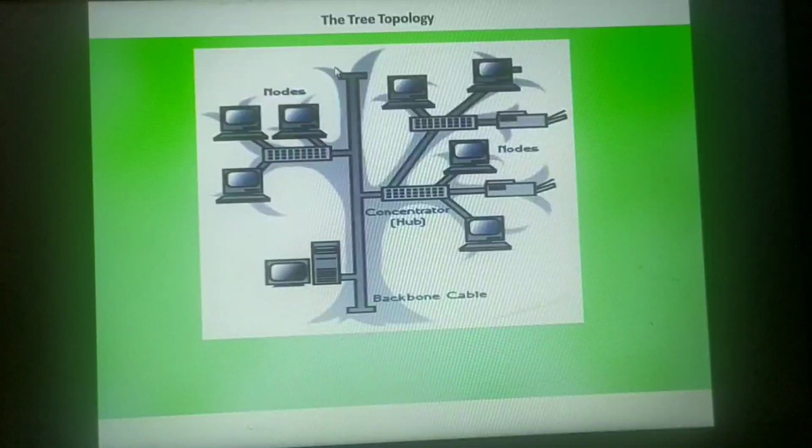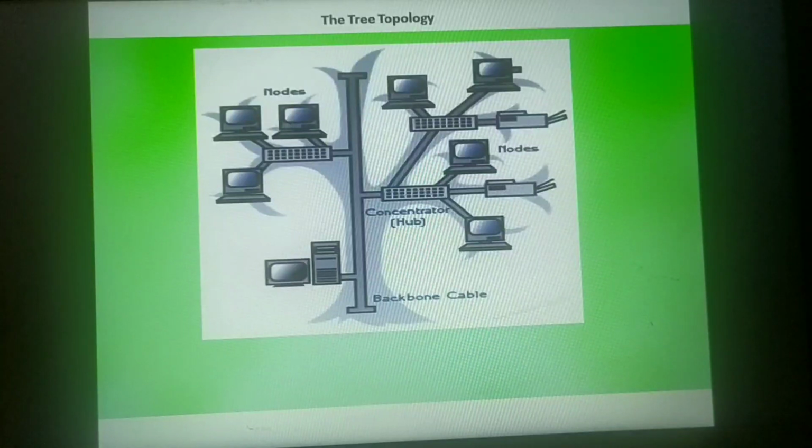This tree topology is a variation of the bus topology and the star topology. This tree topology is made up of the backbone cable, which is made up of coaxial cable. You can see this diagram here. Looking at this, you can make out this is similar to what we have studied in the bus topology. This main cable, made up of coaxial cable, is divided into sub branches, and again these sub branches are divided till the extremities of the network. Extremities of the network means it has been divided till the end of the network.